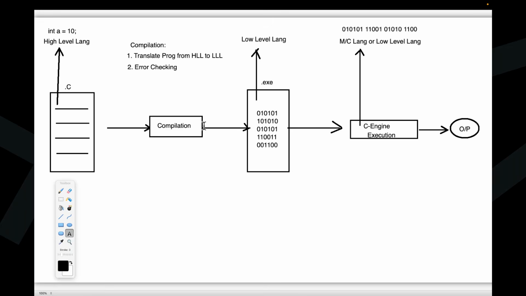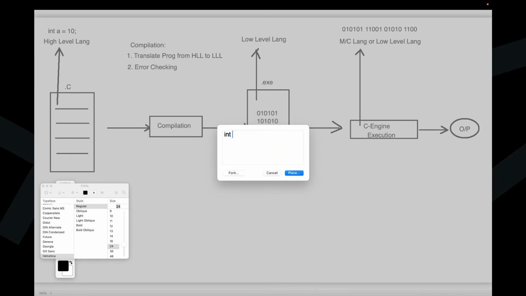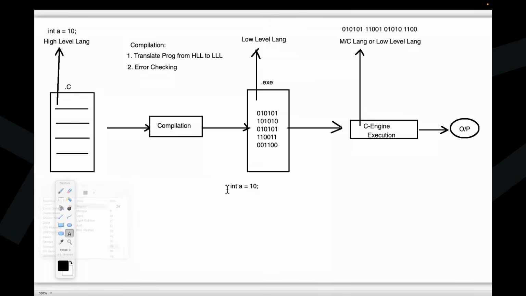Nice. Now I'm going to ask one more fundamental question here. Now try to answer it, everybody. Another fundamental point. For example, if you write a statement like int a is equal to 10, this statement here I have written. When we process this statement, guys, now tell me, what is going on internally? What is going on internally when we process this statement? All of you, now respond to me.